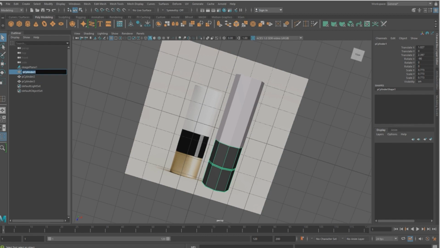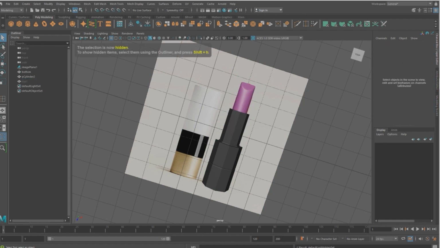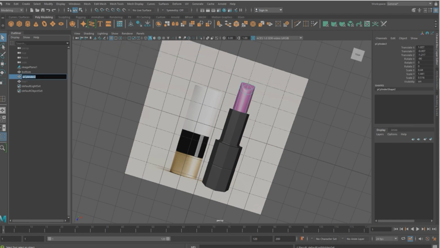We can name it here the bottom. This part is the top. And if we hide the top, we have this, and we can say it's the lipstick. Okay. I just put mod, so we know it's a modelization. And for the image plane, we call it reference. That's it. We have now a very clean